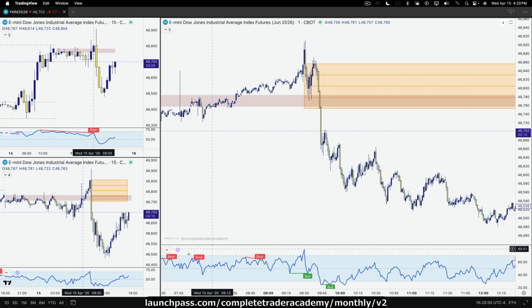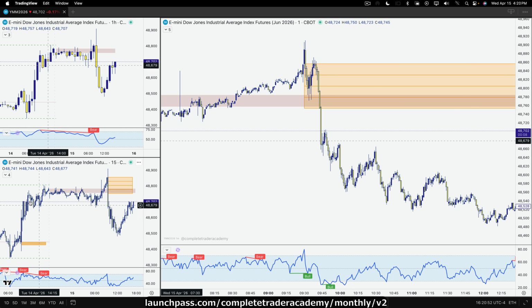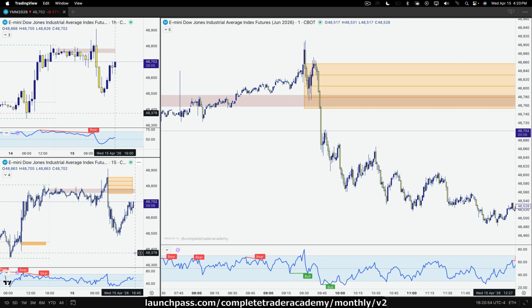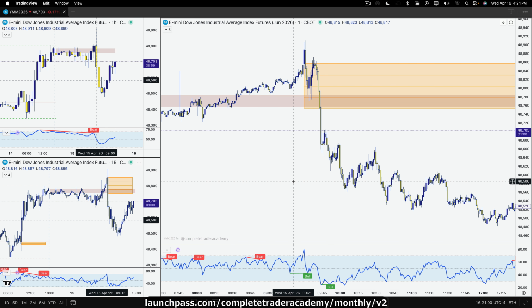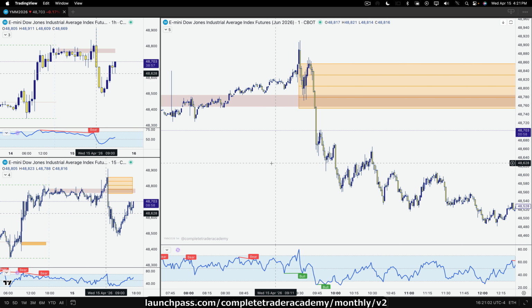Right? Coming back for a mean reversion here. Obviously, nice speaker here. Right? So Dow came right back to that 50% of their range. Coming up to it. Buy. Initial sell, buy, sell day. Beautiful there.